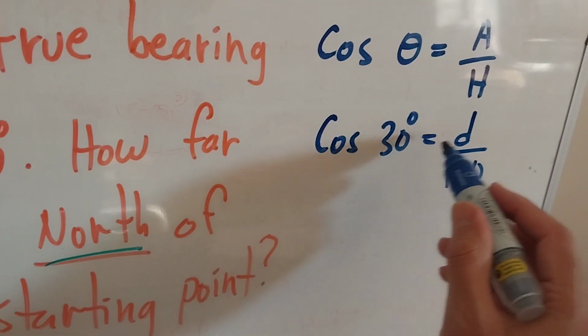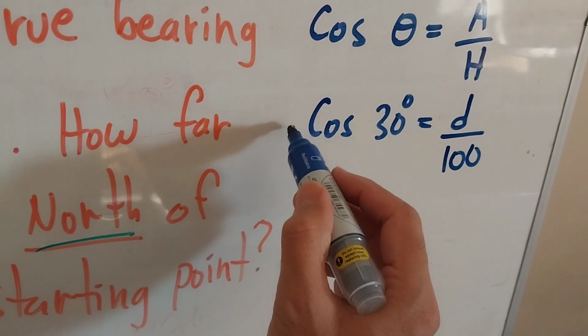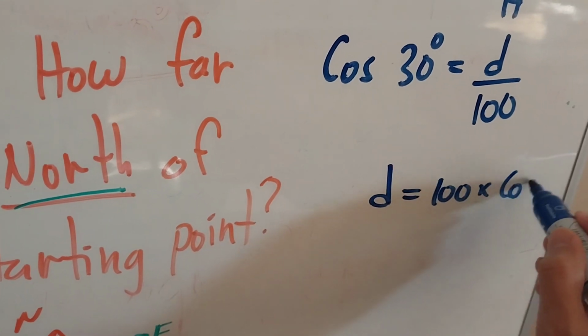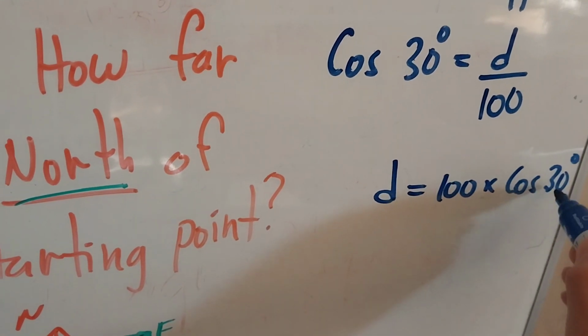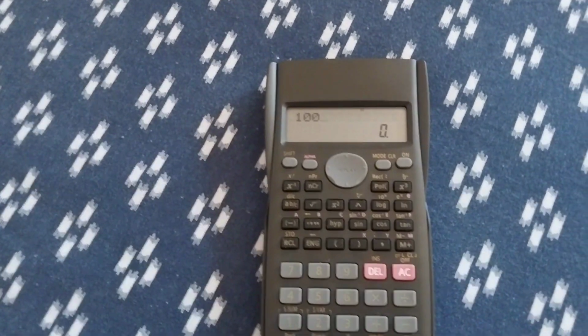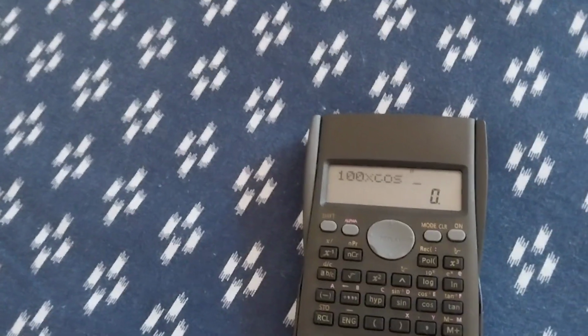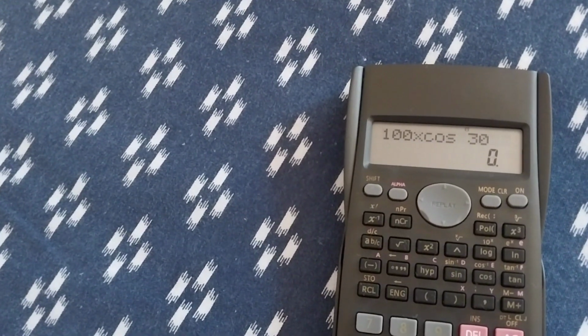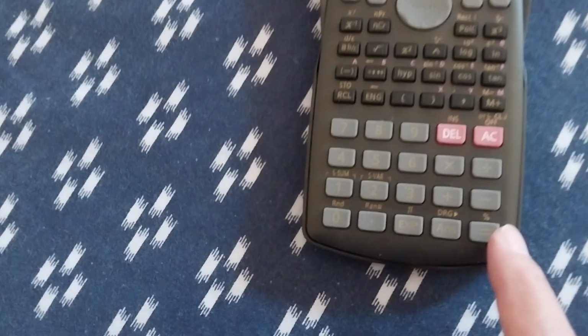So if cosine of 30 degrees is equal to D over 100, the 100 comes to this side and multiplies. So the value of D will be equal to 100 times the cosine of 30 degrees. And surely we have to use the calculator for this. So on the calculator, 100 multiplied by, press the cosine button, 100 multiplied by the cosine of 30 degrees, so just 30, and then you press the equal,